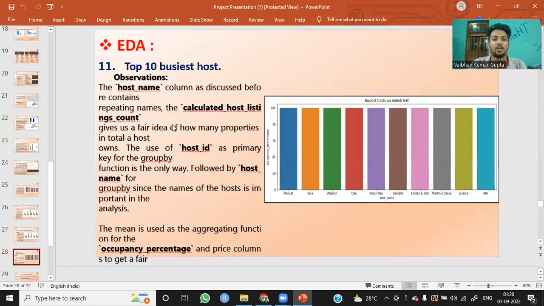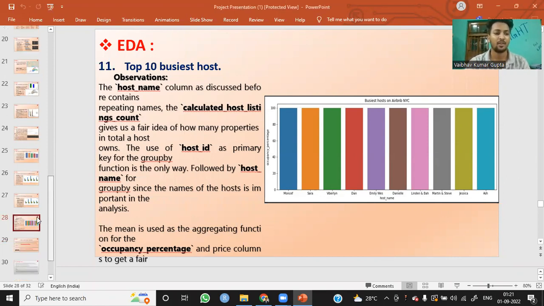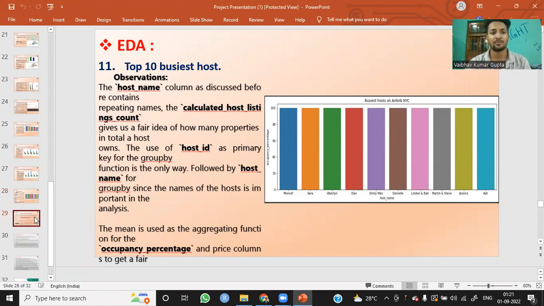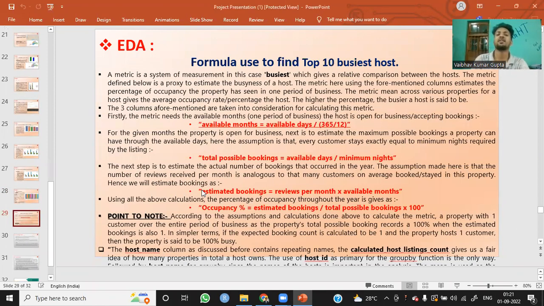And for the 11th question, we have the top 10 busiest hosts. This was the trickiest question. Actually, we tried to figure out special metrics to calculate the busiest host. So what we have done is first of all,